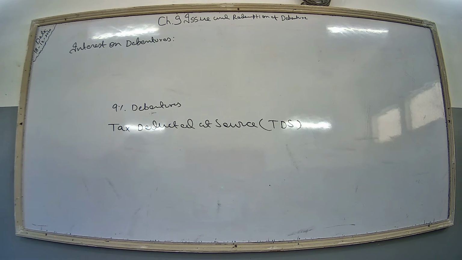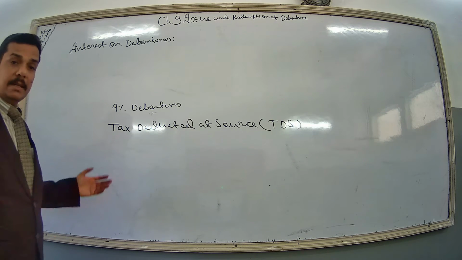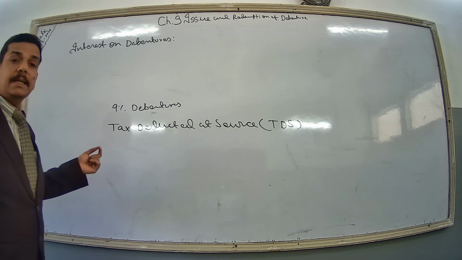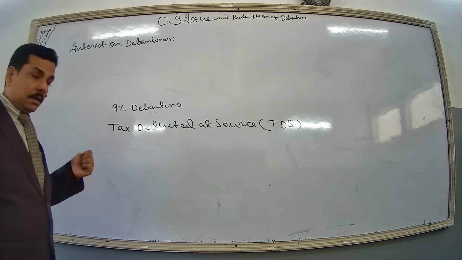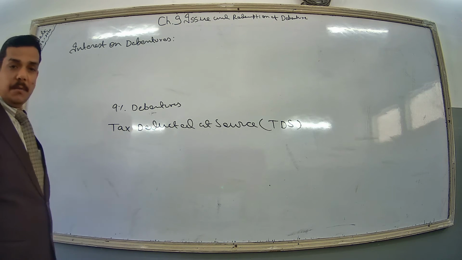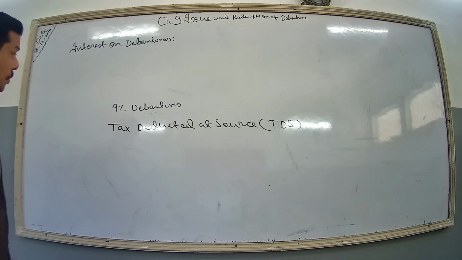As per the Income Tax Act, a company is required to deduct income tax at the prescribed rate from the interest payable on debentures. The amount of tax so deducted is required to be deposited with the income tax authority. It is deducted by the company on behalf of the government, so it is the duty of the company to deduct it from the debenture holders and, within due time, deposit it to the government account. Okay? So how to record it? Now we will see the accounting entry.